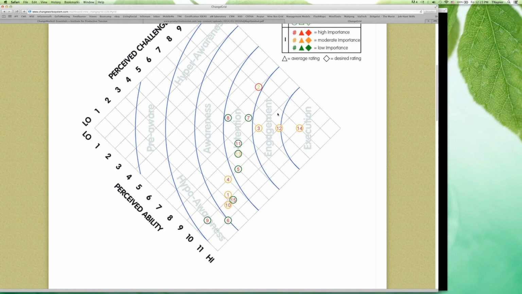If I really want to keep everyone engaged, I need the activities to all be plotting in this engagement area, this execution area as well. So I look at Stephen's grid and I go, all right, of these 15 activities, I'm only seeing 3 of them are where I want them to be as far as engagement or execution. And I got a couple that are really close to it, so that's good. But what do I need to do around these other activities?